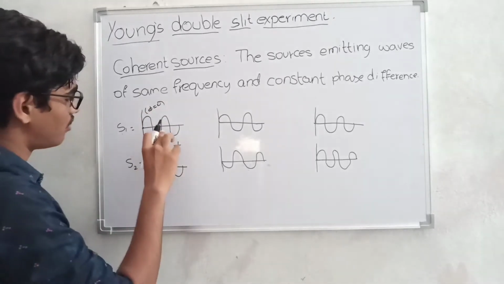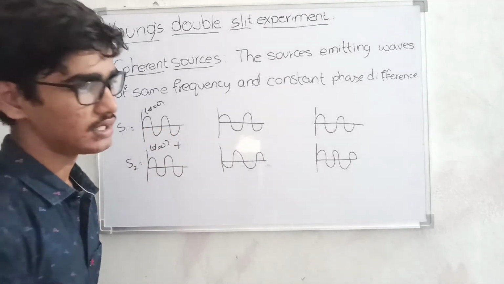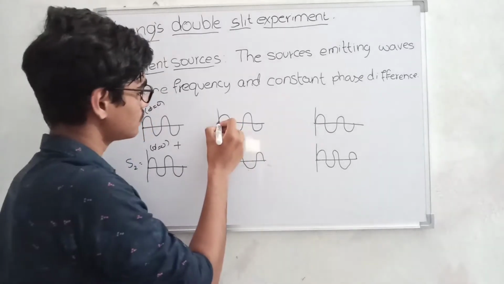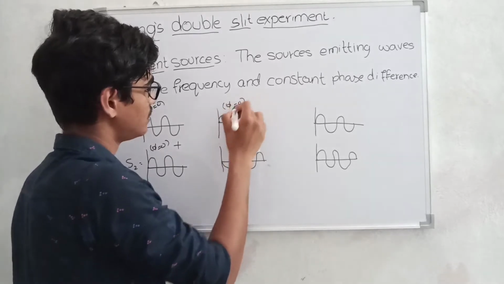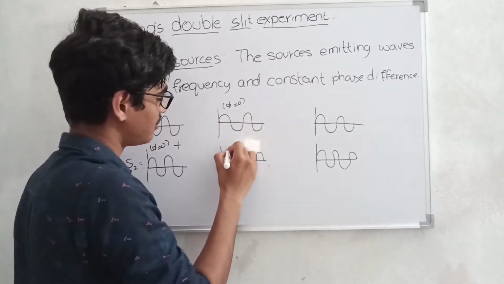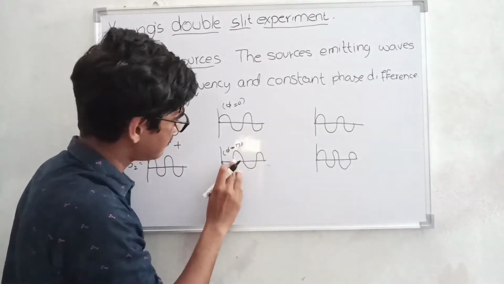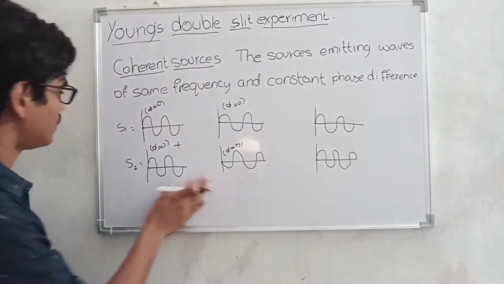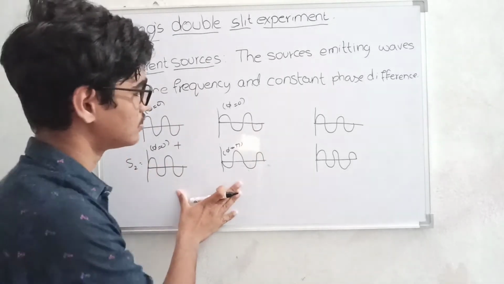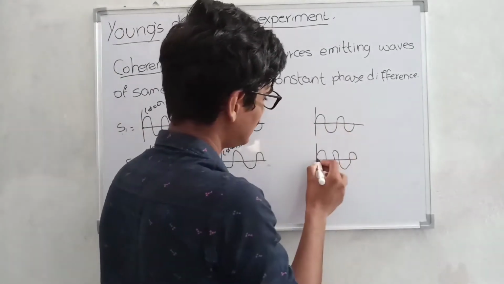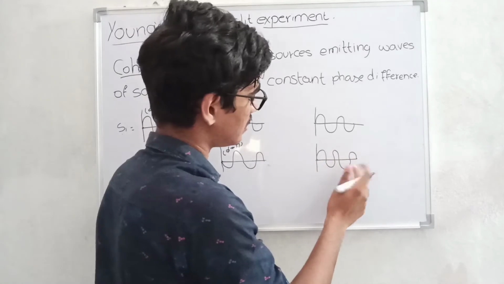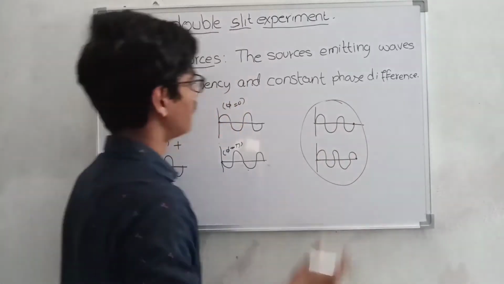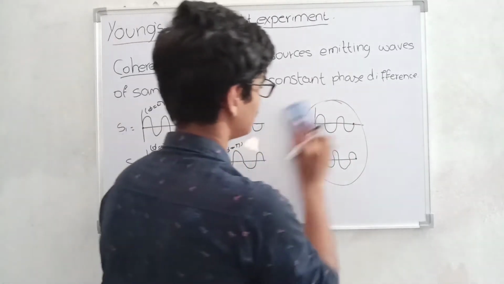So interference of both these waves gives us constructive interference. And if we observe here, phase is 0 and here phase is pi, and the phase difference pi is constant everywhere of the wave. So these two are considered as coherent source waves. And if we observe here, initially they have same phase, but afterwards their phase differs, so this is not recommended for the Young's double slit experiment.